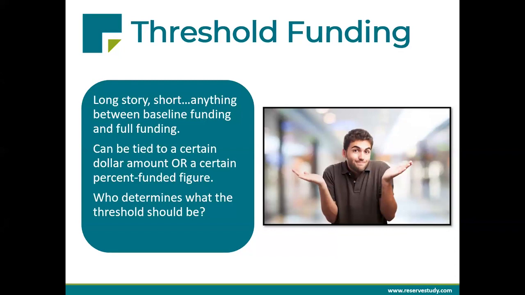For example, let's say you have one group of board members in one fiscal year who say, we think 50% funded is a good threshold. And then they get voted out. And the next year, a different board is in place and they say, no, the threshold should be 20%. That's going to have a wild swing on the amount of money going into reserves each year and a wild swing on the risk involved with that.